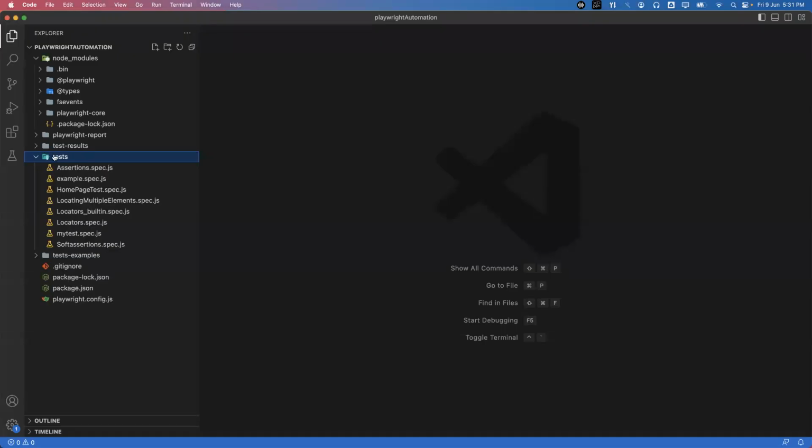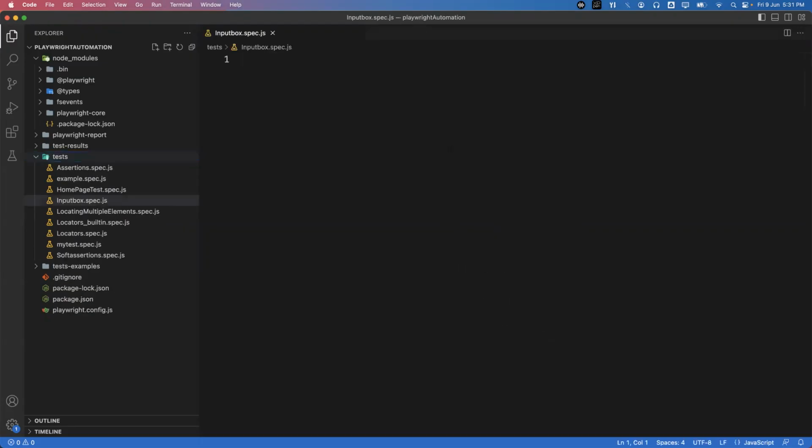For that, I'm going to create a new test in my VS Code editor under the tests tab. I'll name it input box dot spec dot js. Now I'm going to write a new test here. Before writing the test, I'm going to import the test and expect functions from the Playwright module. For that, I'm writing